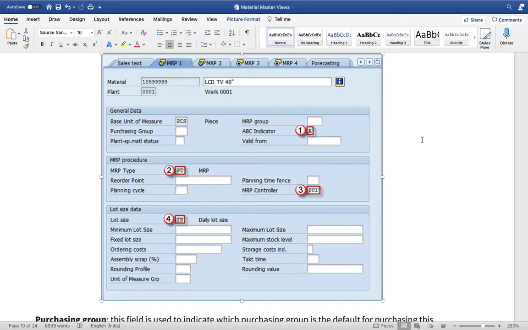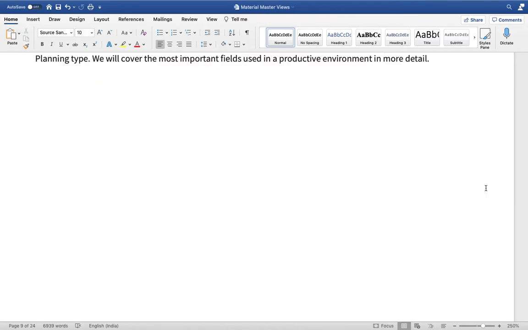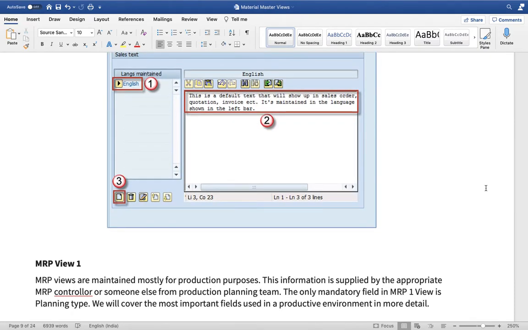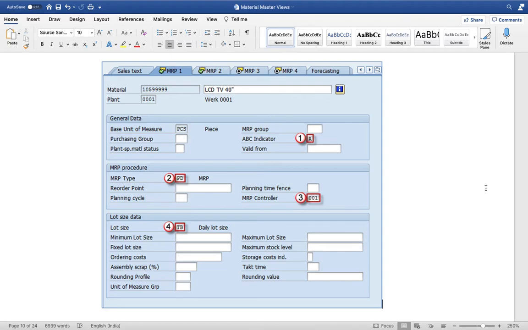That material resource planning is done in the PP module, and for that there are certain fields which you should mention in the particular material master, so that when the program looks for that particular area, it can pick them up. The first most important is called purchase group. So what is purchase group? Let me go a little up. I was here. So in MRP view 1, the most important is the purchase group.